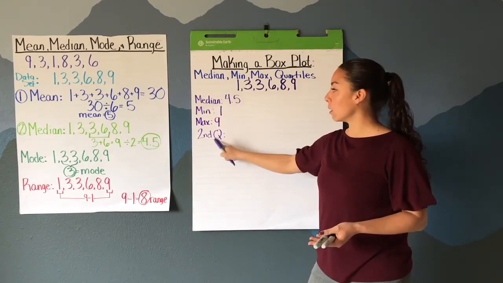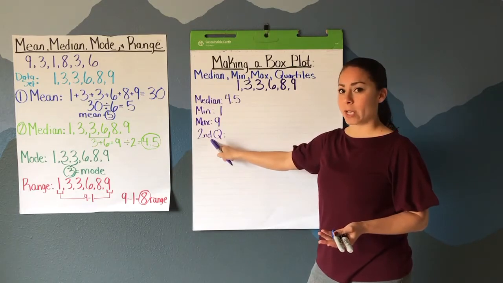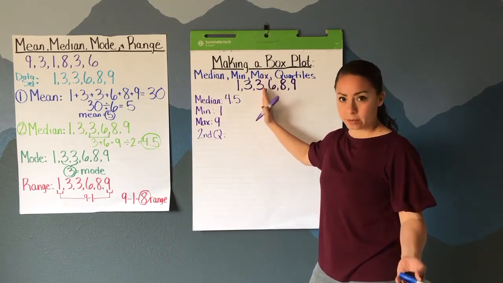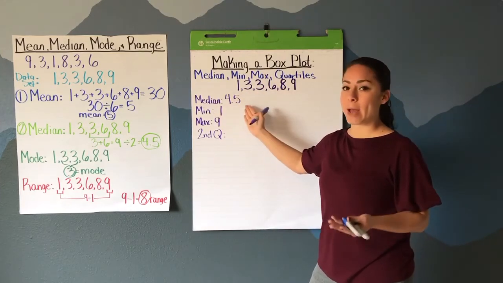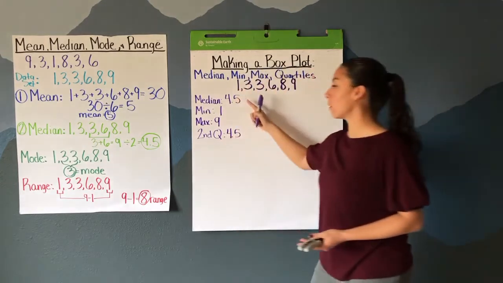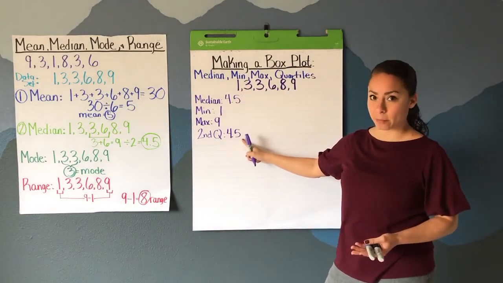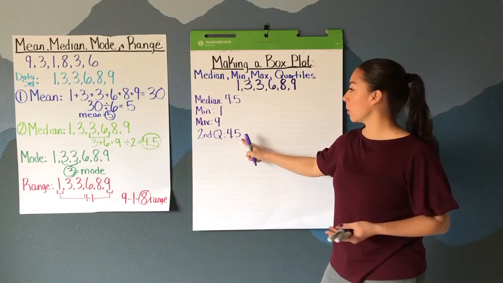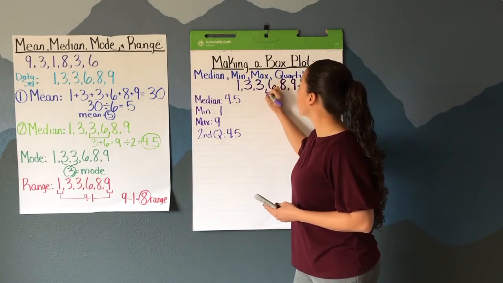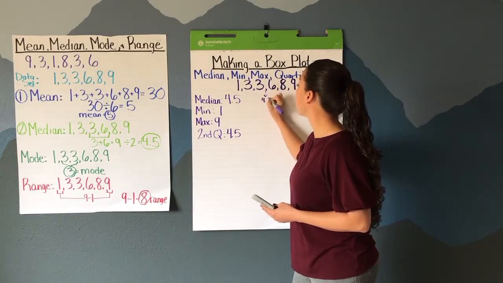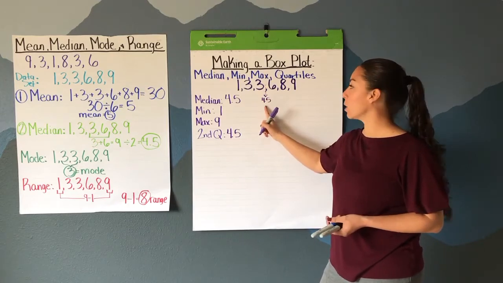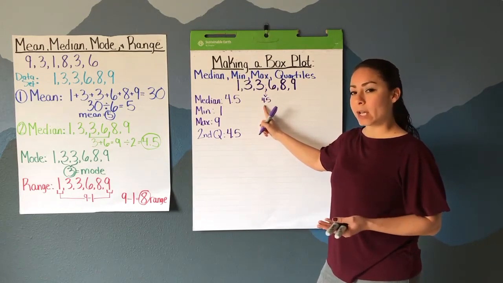Just look for your median, and you know that that's also going to be your second quartile, because your second quartile is the middle number of your data set, okay? Again, which is the same as the median. So for our second quartile, I'm just going to write again 4.5, since we know that those are the same numbers, okay? Now, once you've found that, and I'm going to do just a little arrow here, pointing out that our second quartile, or our median, is 4.5, now we can use that to help find